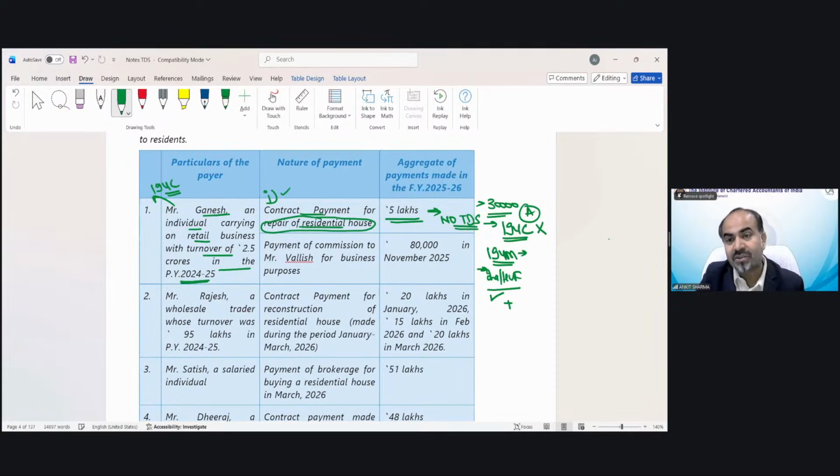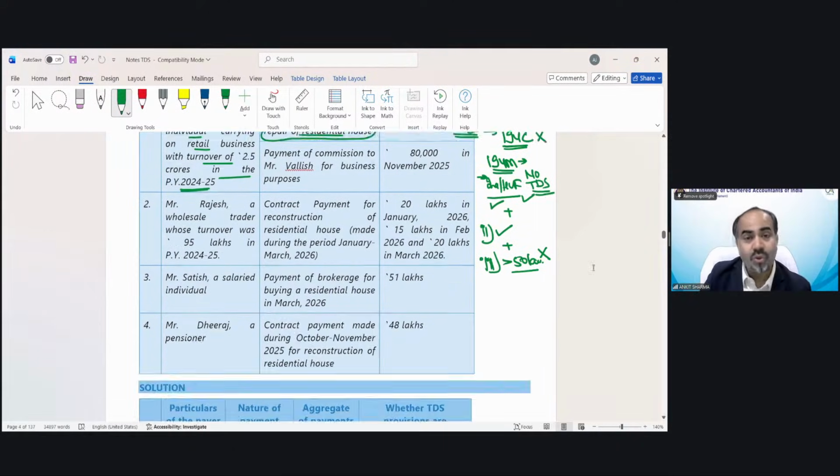The second part, so the payer has been included. The second point: there is no personal exemption in case of section 194M. So whether it's payment for residential purpose or commercial, TDS can still be deducted. But the third condition under section 194M is that the payment should exceed 50 lakh, which has not been fulfilled. So that's why TDS cannot be deducted under section 194M also.